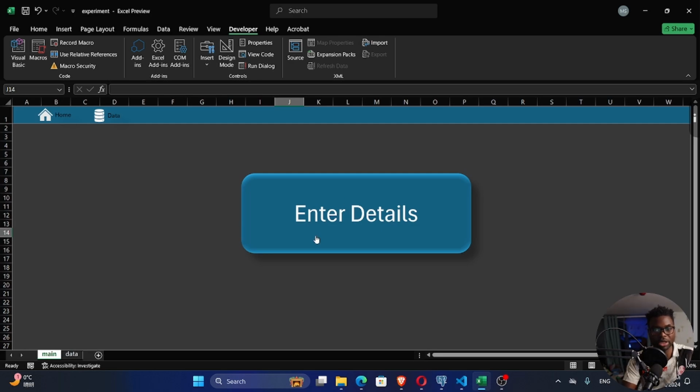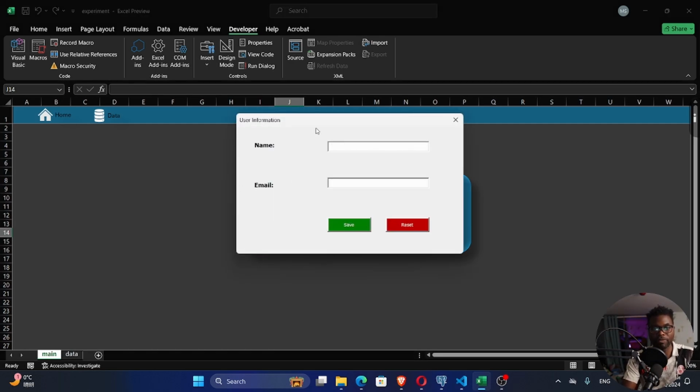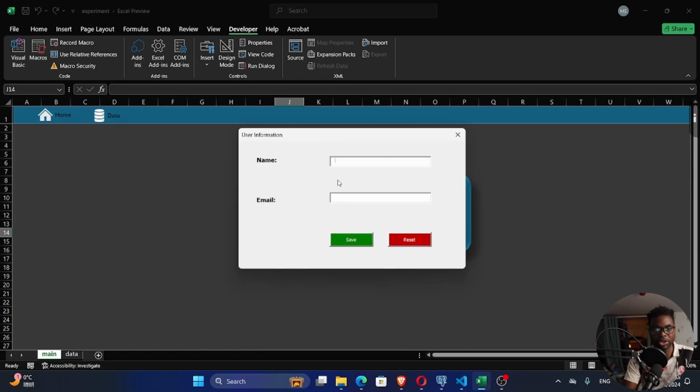We go to our main, we click on this enter details. So this is our user interface. So we click on that, and then we have this form which pops up right here. So we can enter information here. So let's say Setson, and then my email is going to be